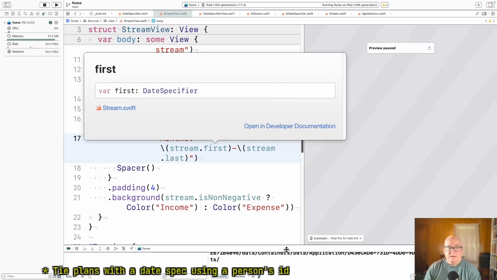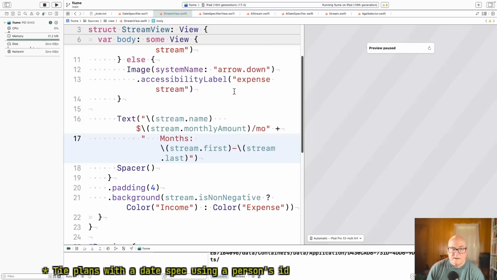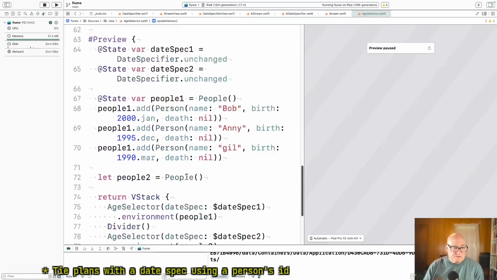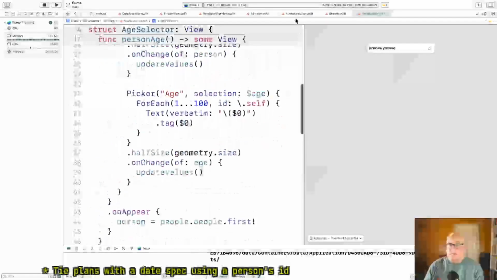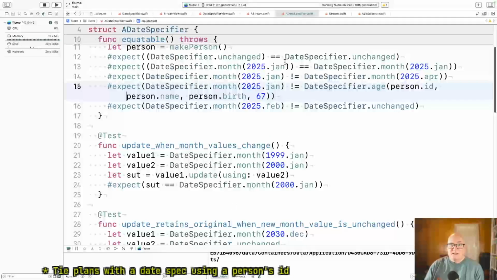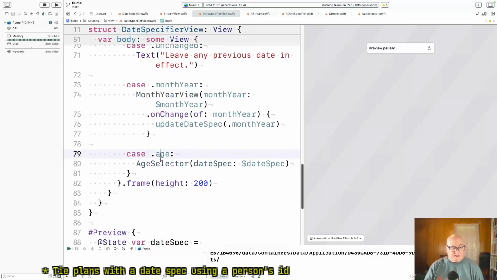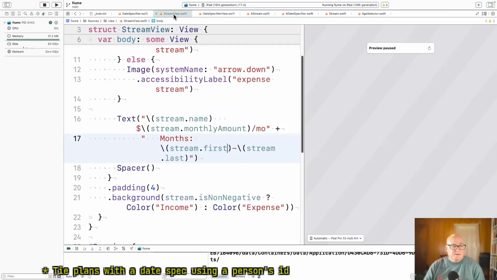Yeah, persons need a function. So the thing is that this, well, it's using CustomStringConvertible because it's supposed to have all the information, but we're referencing some other object, so it's not going to. Sorry, where's stream view again? There it is.